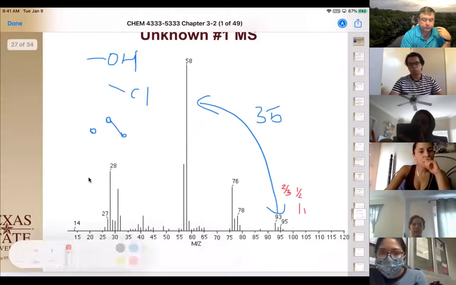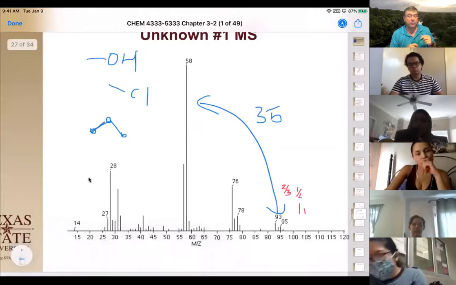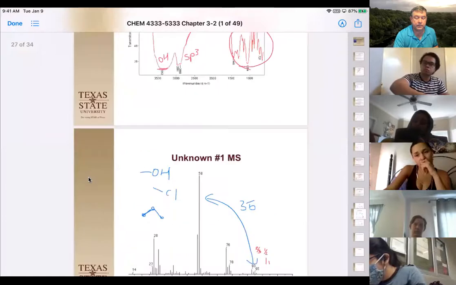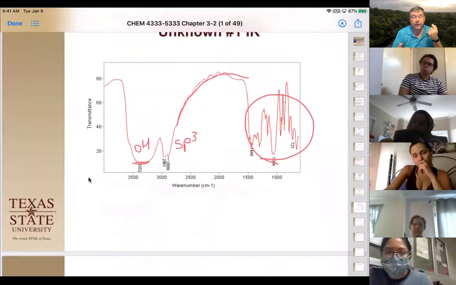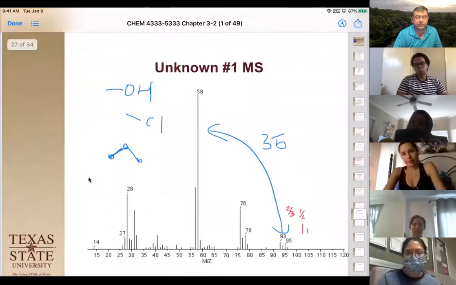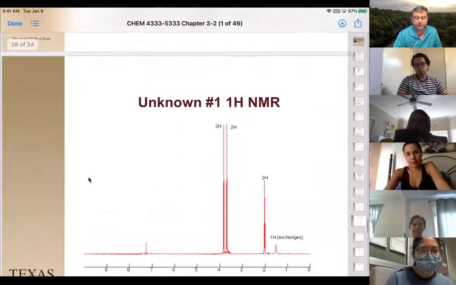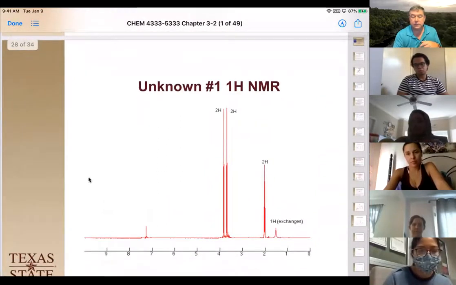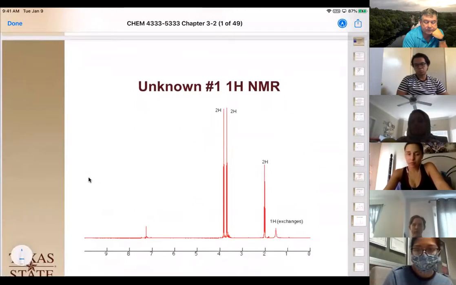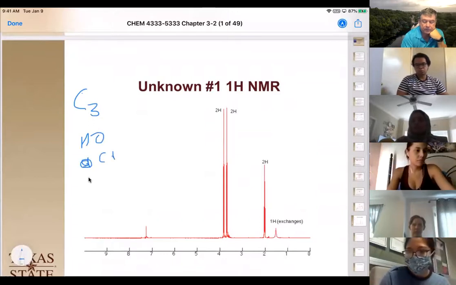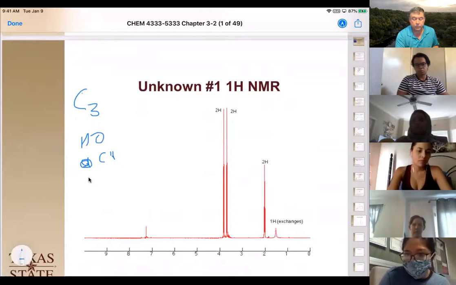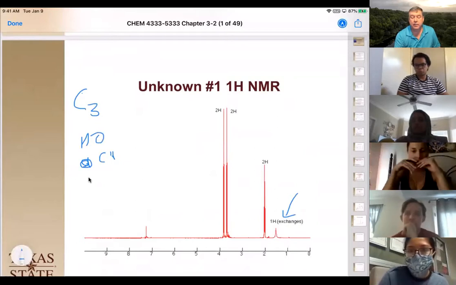Okay. All right, so is the IR going to tell us anything else? Nope. Okay, so now let's go to our new piece of information, our NMR. Let's draw our fragments here again. We have 3 carbons, we have an OH, and we have a Cl. And this right here says we have 1 hydrogen that exchanges. So that's the OH,